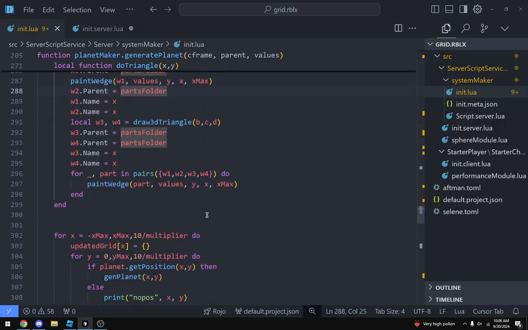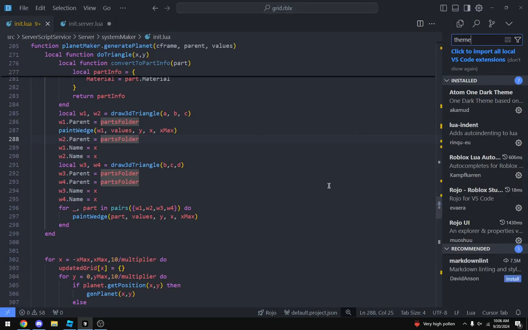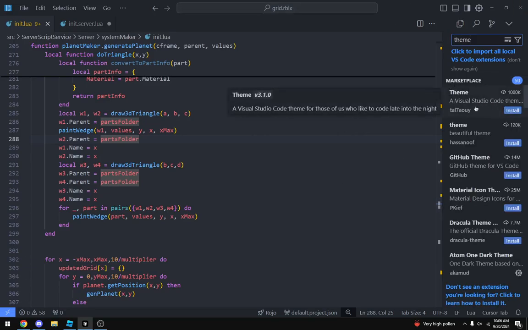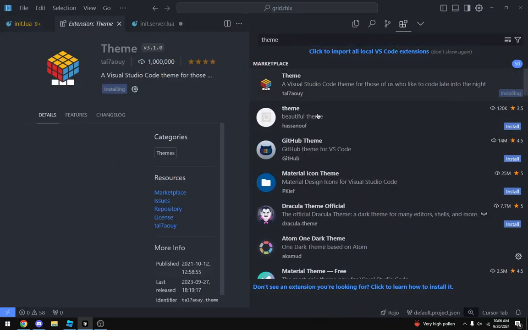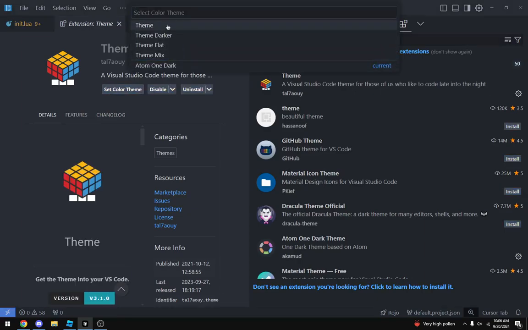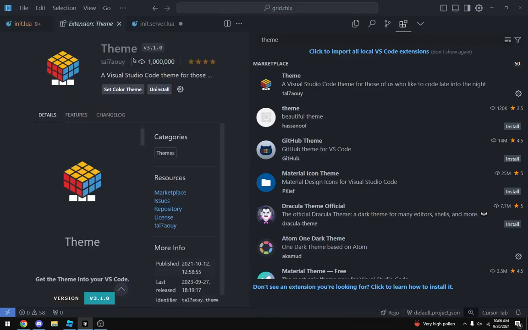That's really weird. I want a theme here. Expert coding here. Be good. Theme darker. Wow, it's a great theme.